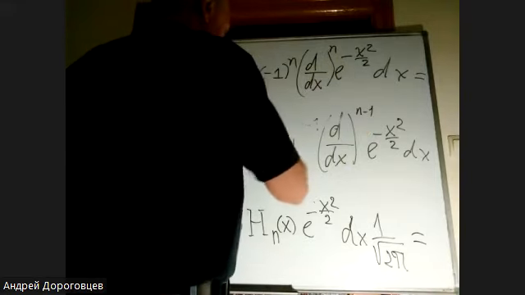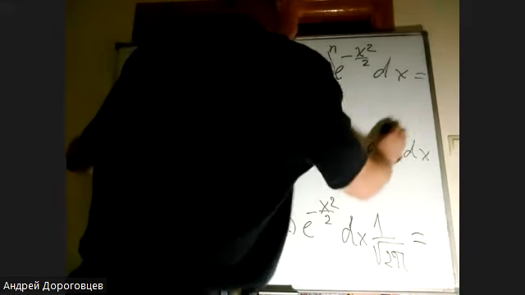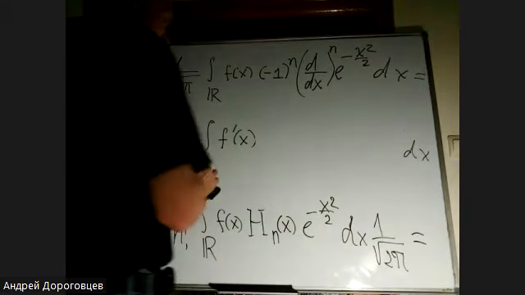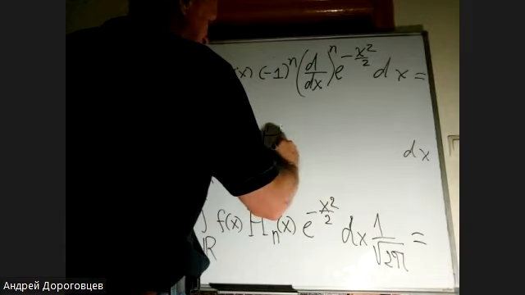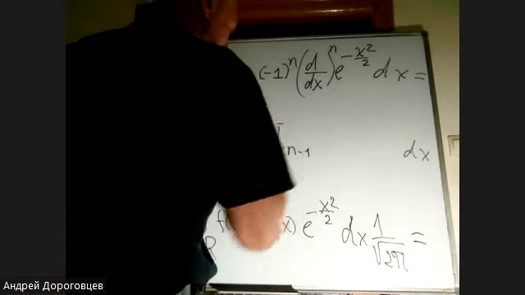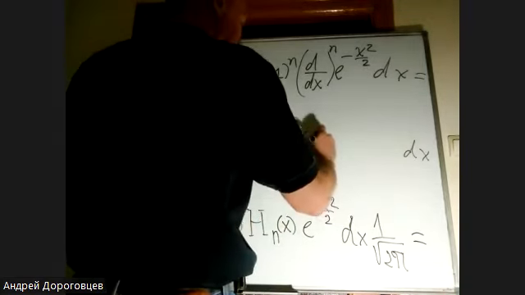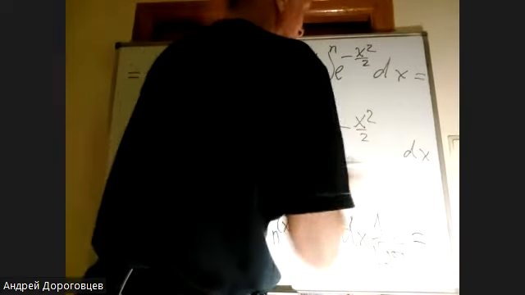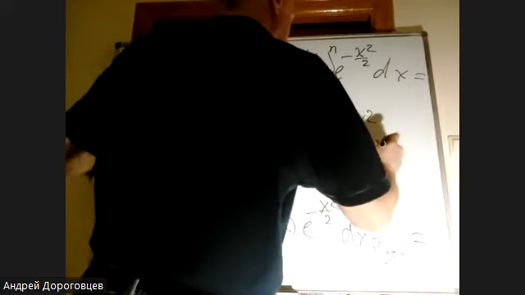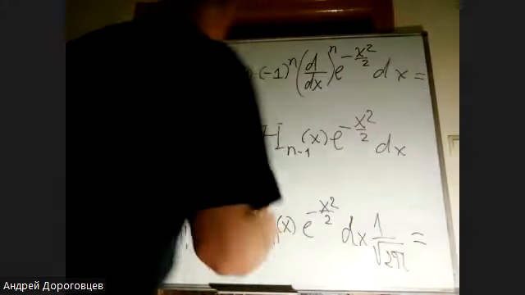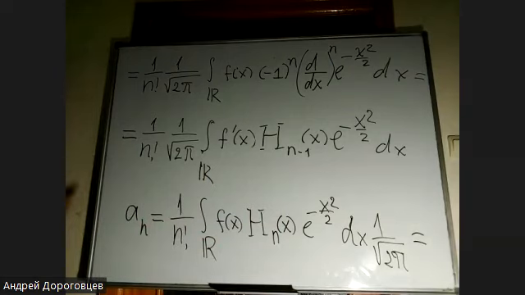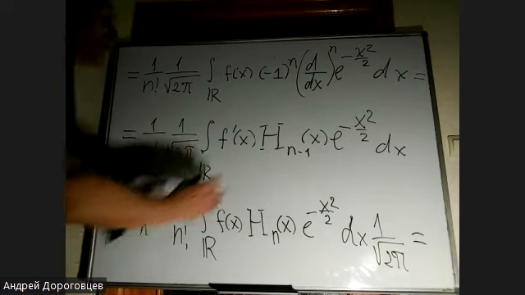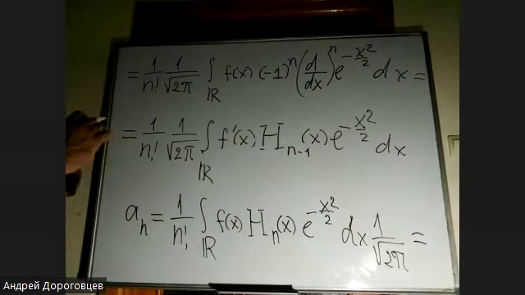So I will get the following: H_(n-1) of x, e to the minus x squared over 2, and then dx. So you see the following formula for a_n, and we relate it